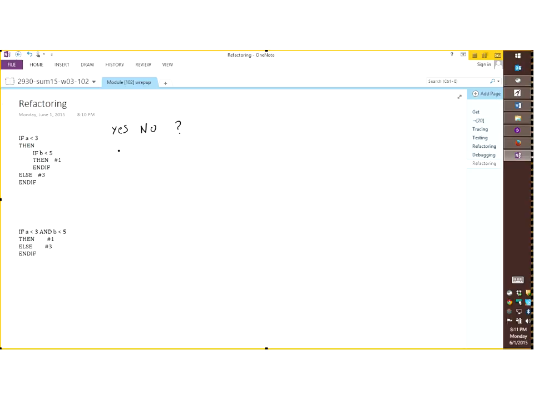Let me know in the chat window whether you think that these two pieces of code are equivalent, so that would be yes. They are not equivalent, that would be no. Or if you are unsure, take your time to come to a conclusion. But if really you cannot tell them apart, then let me know, and I'll count that as a don't know for now. Okay? So take your time, no rush. Read this code, and let me know what you think when you're ready.